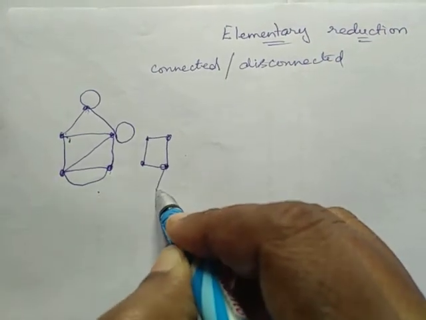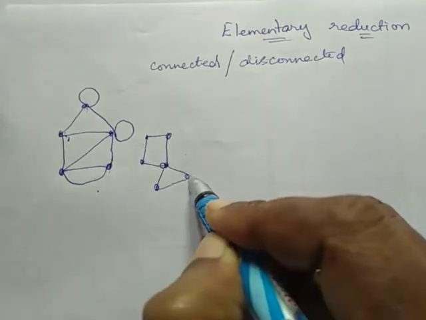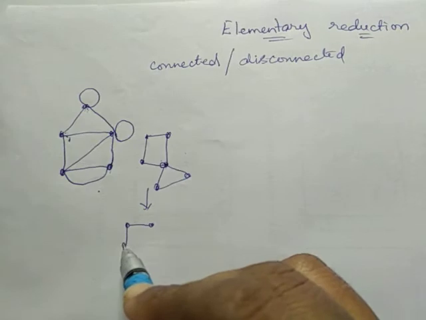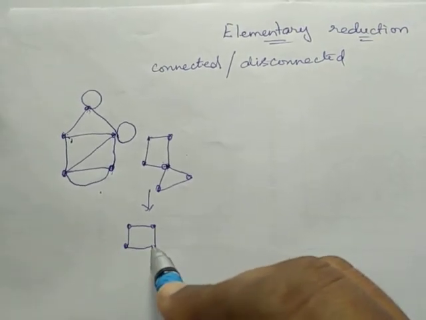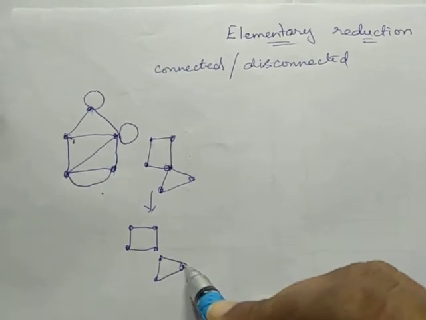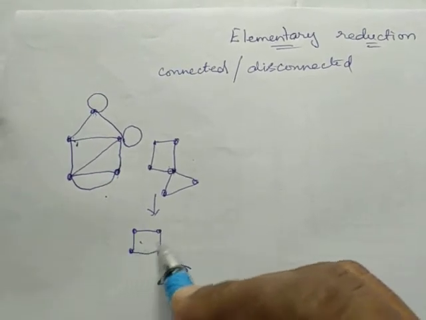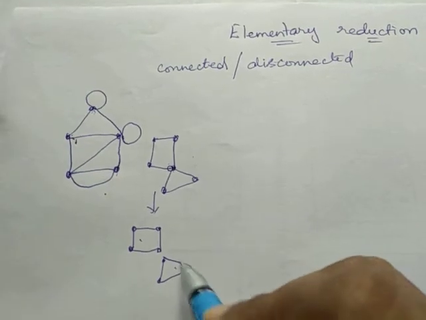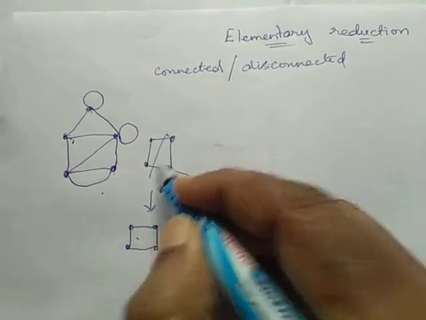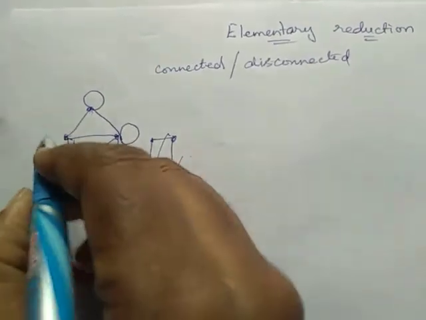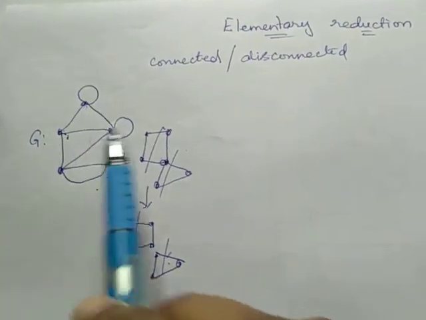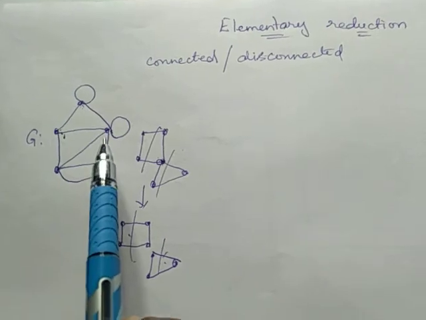Suppose I have blocks, this is a separable graph. I am separating it into blocks, first block, second block. If this can be written in plane form and this can be written in plane form, then again the overall graph is connected. So for convenience, we will take this as our graph, which is a connected graph I am considering.